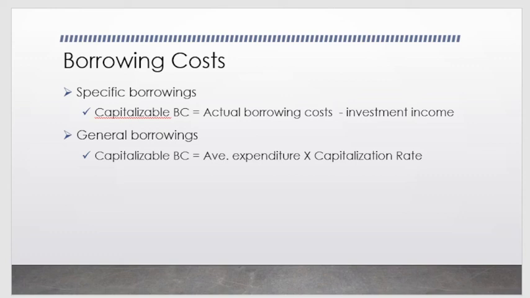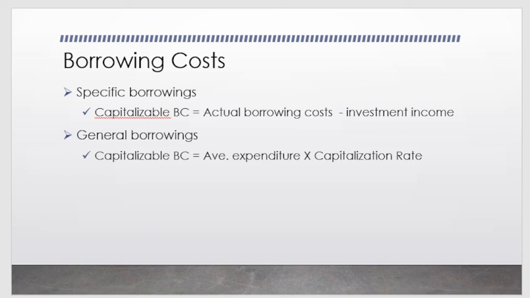Yung average expenditure, paano ba natin kinukompute yan? Please proceed to page 275 of our reference book. Makikita mo dyan yung expenditures, the months outstanding over 12 months, and the average expenditure. I-multiply mo lang po yung expenditure to the months outstanding. And then, i-add mo total nun lahat. And then you will get the average expenditure.